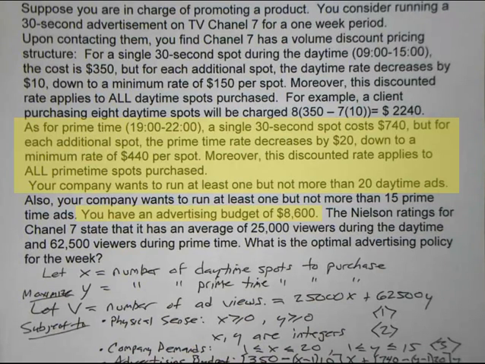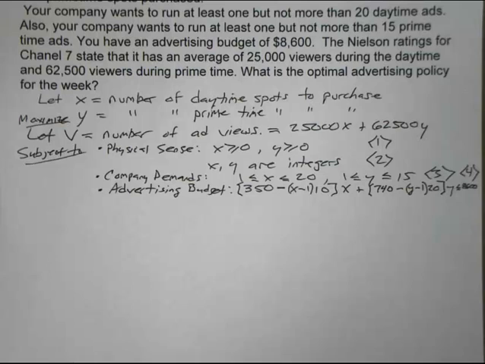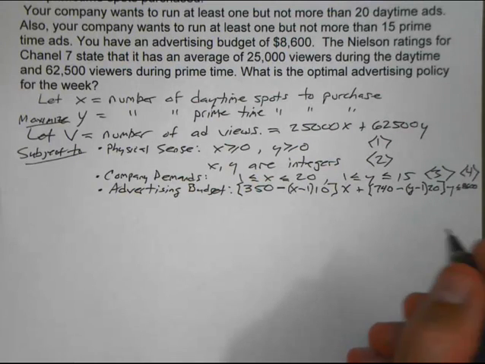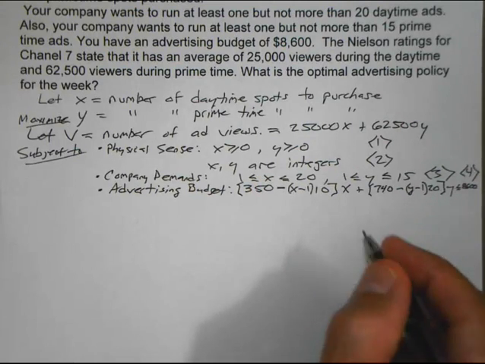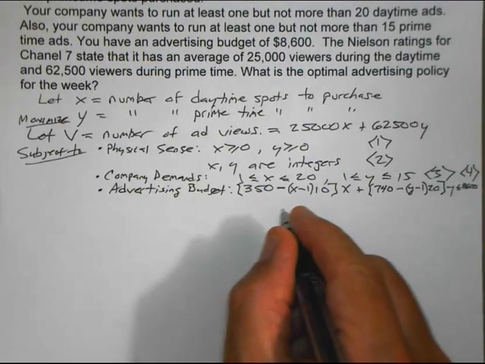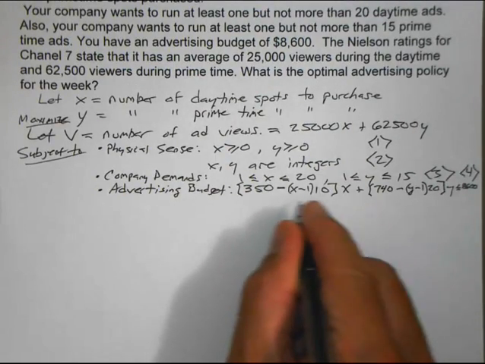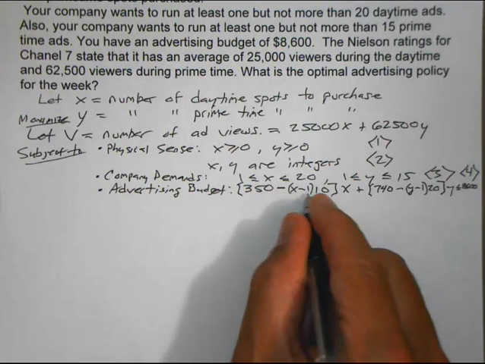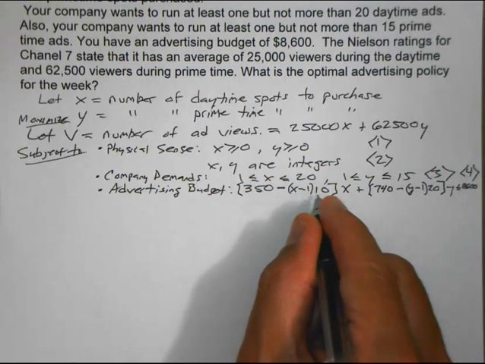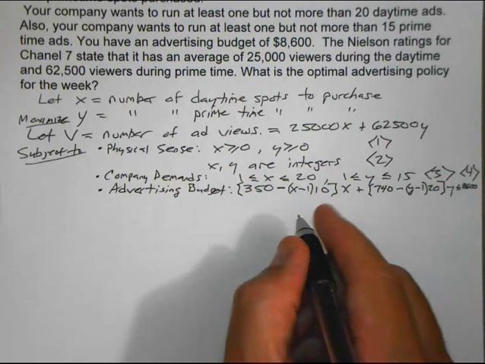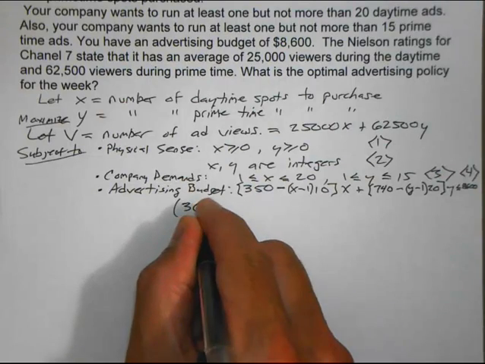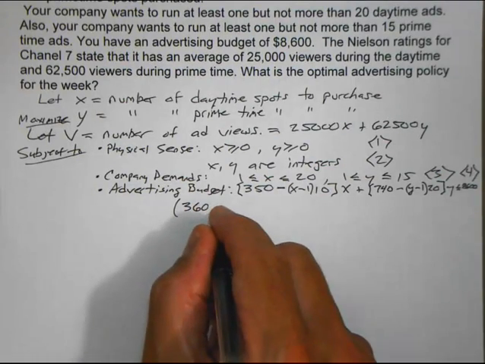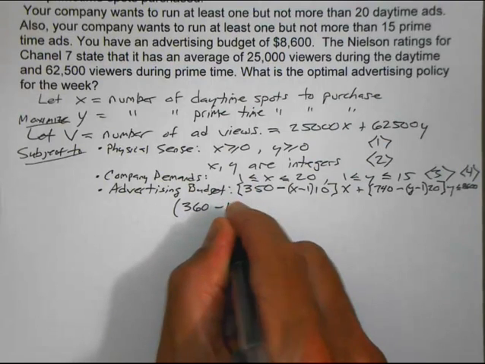And this quantity must be less than or equal to 8,600. Okay, we could call this 4. And maybe in this case, since there is the keyboarding to consider, we might actually do well to simplify this inequality a little bit. This 350, we're minusing what would become 10x, and then subtract a negative, add 10. So that would give us an effective rate of 360, and then minus 10x